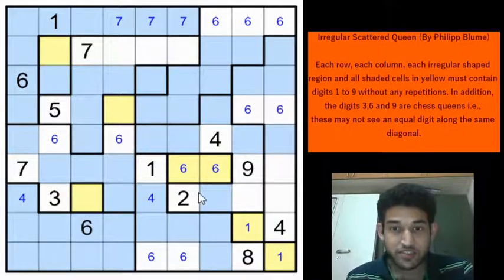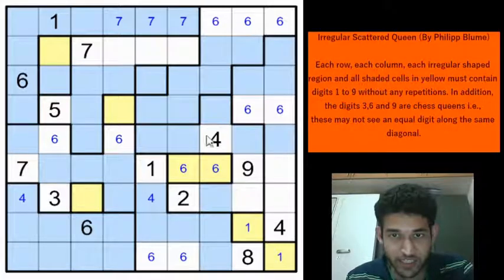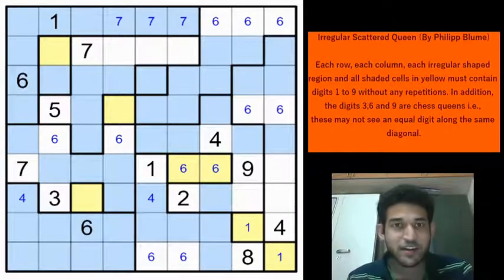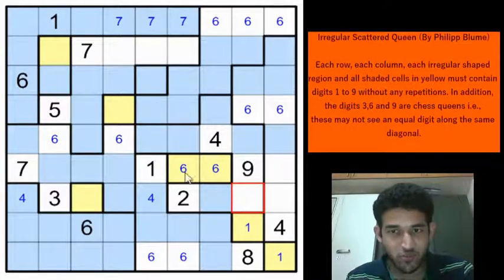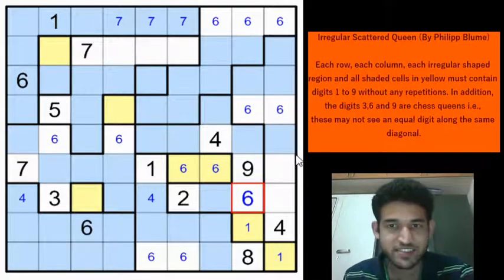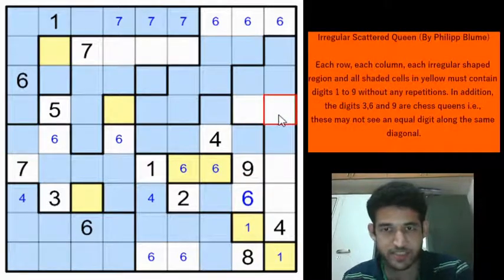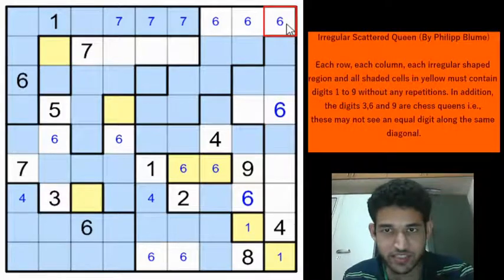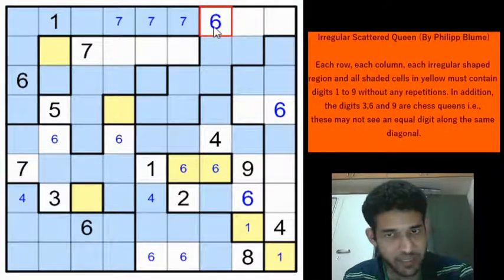And that's good, because now if you look at this region closely, there is only one cell left to place the 6. There are no more 6. Brilliant construction. So that gives a 6 here, right? There is no more cell left for the 6. Now we will get all the 6s, I think. We have only 6 in one of these two cells, so we can place the 6 here. And using these two 6s, we can eliminate the 6 from these two cells and place the 6 here.